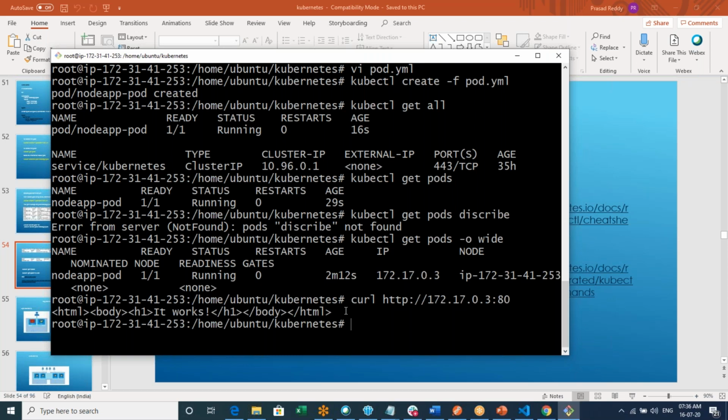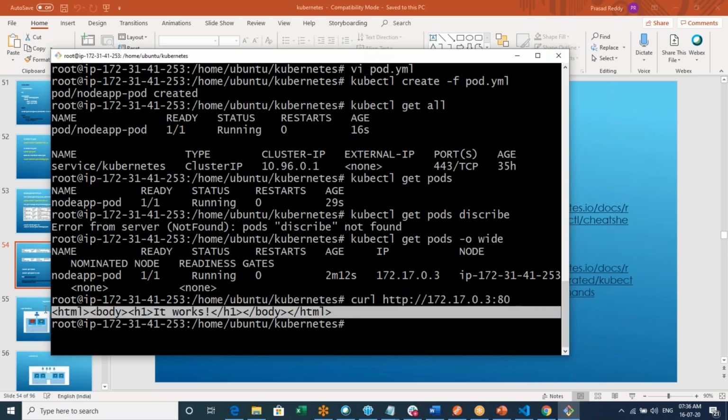See, it works. If you have multiple pods, using that particular IP address you can run it. In case you wish to execute from outside, for that you need services and everything. We'll talk about services later. But as of now, this is how we create a pod, get the pod, and run the pod.